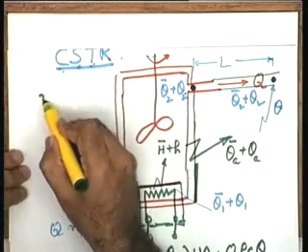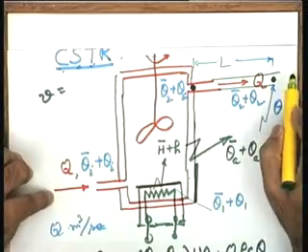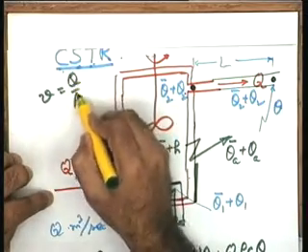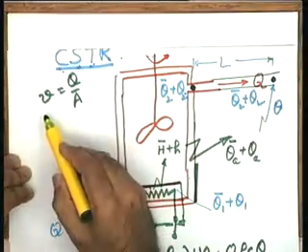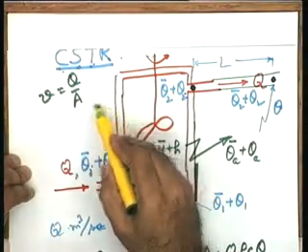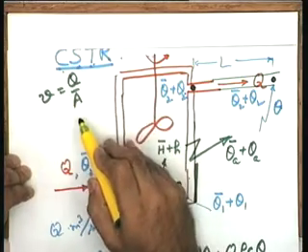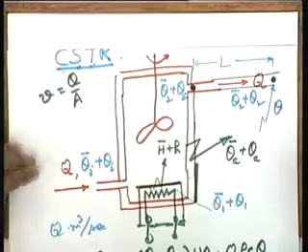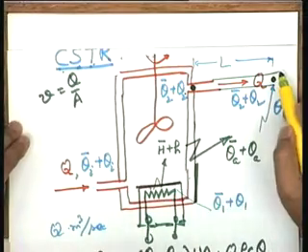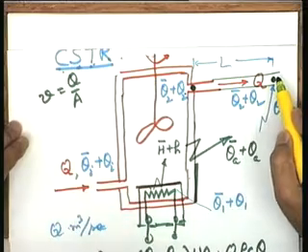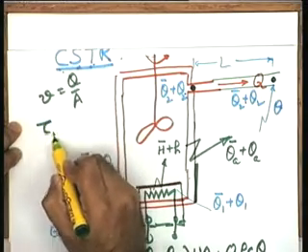And what is v? Let me write it here, v is equal to q, in meter cube per second, divided by the area of cross section of this pipe, in meter square. If I take v is equal to q by A, meter cube per second divided by meter squared, I have got v in meters per second. This becomes the velocity. If the liquid is moving with this velocity and it has to move a distance L, the time taken is L by v, and let me use the symbol tau d.